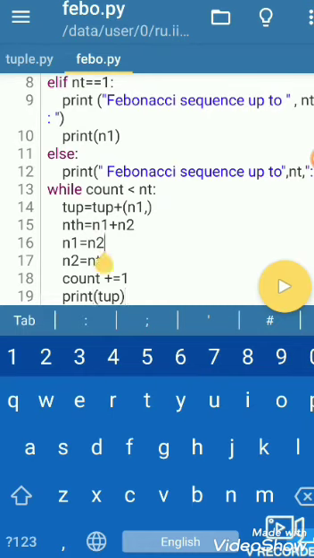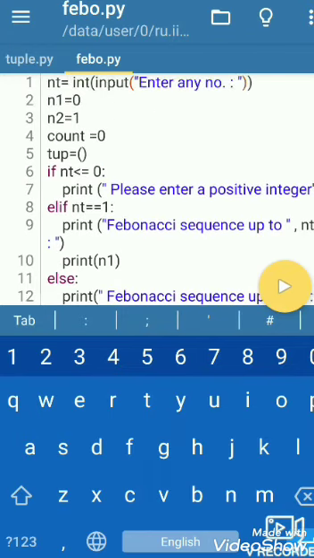So here the program is completed, and you can see that first we take input from the user, then according to that number we print the Fibonacci series. In this program there are variables at the start, n1, n2 and count, and a blank tuple. Here we take conditions for the number of terms.